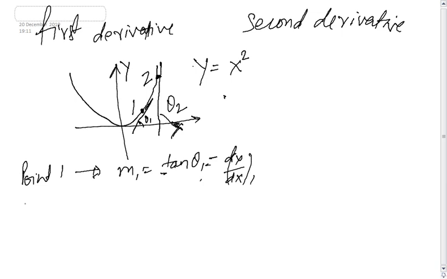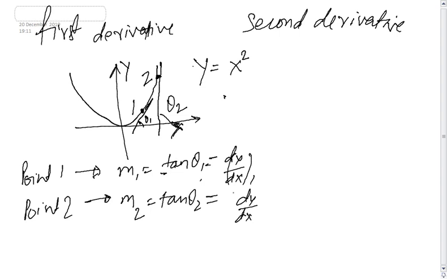Now if you take point 2, then M2 is equal to tan of theta 2, and this will be dy by dx at point 2. Clearly theta 1 is smaller than theta 2, that is very clear, and so they are not